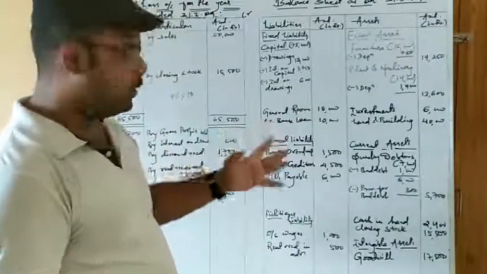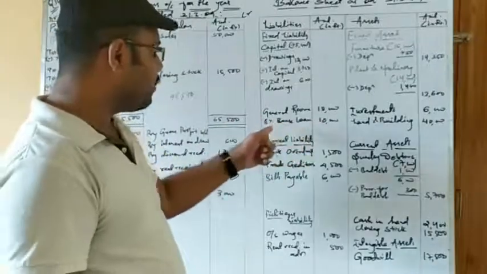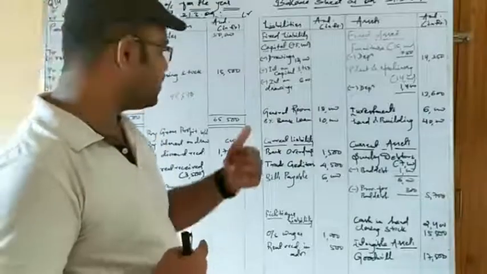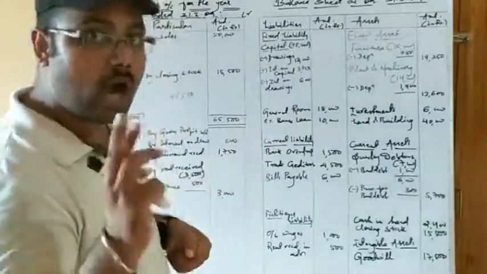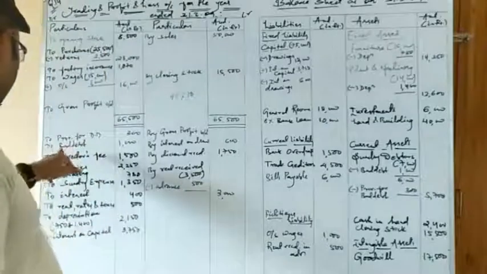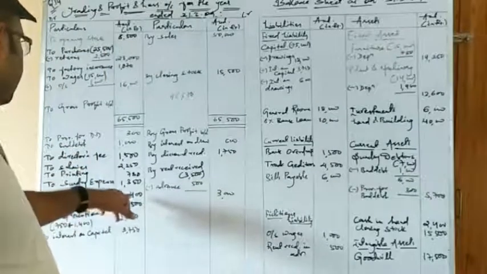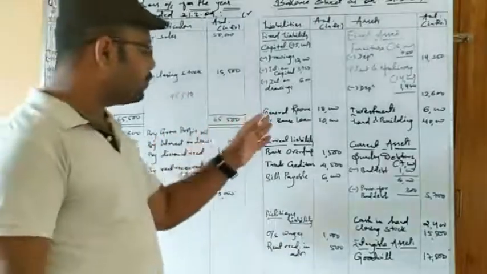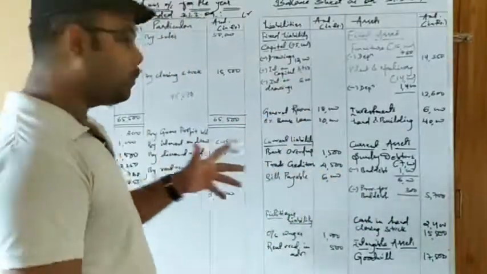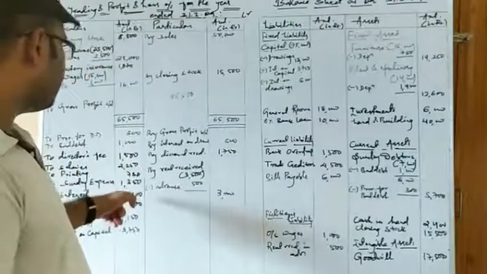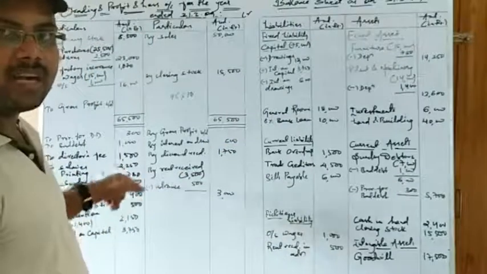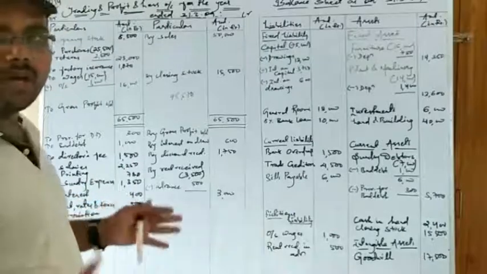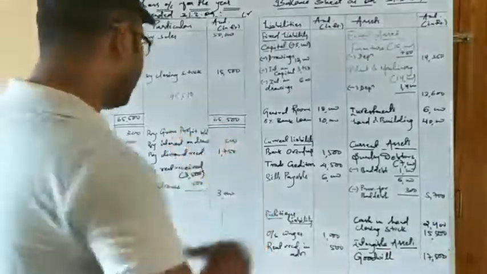So see carefully. Bank loan of 10,000 is having 8% rate of interest. That means this 8% you have to pay as interest is 800. Let us check how much you are paying interest. There must be an item called interest over here. See, the amount of interest written here is 400. That means you have to pay 8% of 10,000, which is 800, and you have paid only 400. That means there is an adjustment regarding this item. Since we have already posted interest 400, we cannot rub it out. So we will write it again.